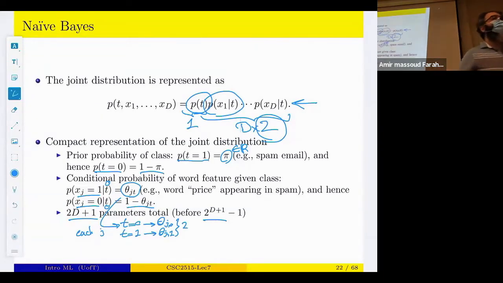Okay, so the question is, is there any connection to Markov random fields? That's a good question. That would be an example of a graphical model. This is an example of a graphical model, but a very simple one, in the sense that all of them are related to